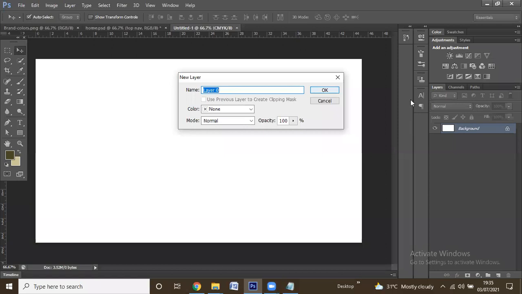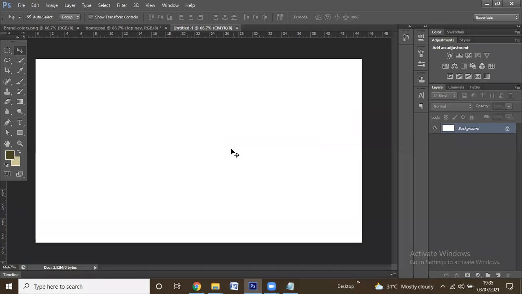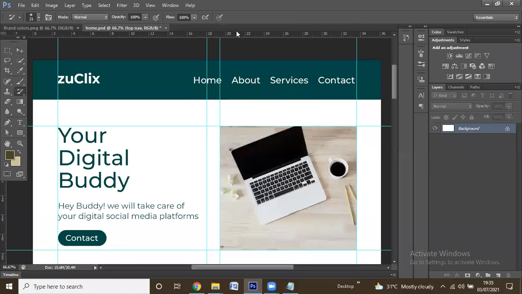Sir, the color mode you selected was CMYK, and the resolution you put was 72, sir. For web development you said RGB is... Okay, that's fine. You can change the color mode using Control Y. Okay, but it is not changing here. Again, I will go for RGB. Thank you.